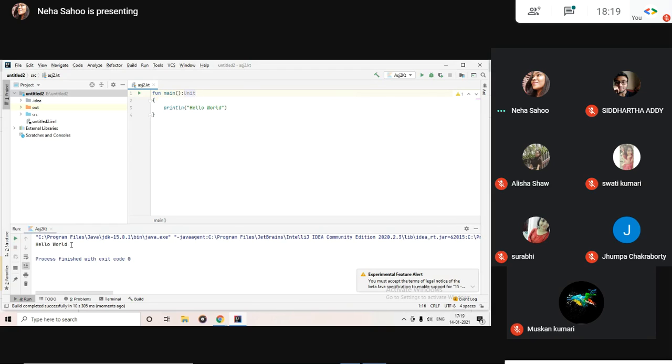It has run and you can see that there is no change. The reason behind this is, as I've already told you, that you can skip the return type in case your function is not returning anything. Since it did not return anything, we can work with it.